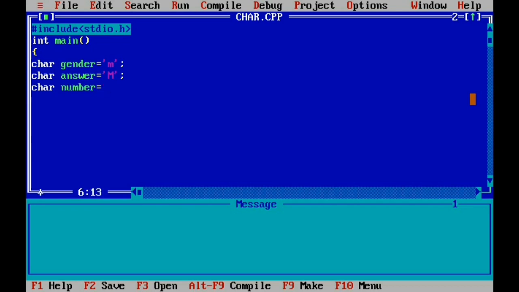Each and everything is represented in a number only. We will get this program showing that small m, capital M, and 2 are in ASCII characters. So declare character special_character equals single quote, one space, single quote, semicolon. Then we will write the printf statement, printf, then quote, then backslash n,